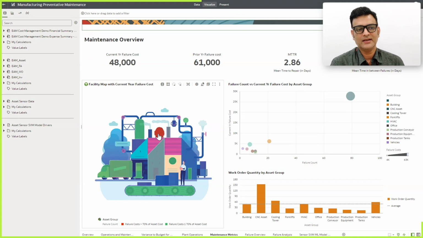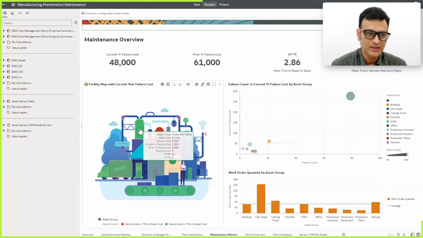So there is this option where you can use digital images as map backgrounds. For this, you have to upload the image into the Oracle Analytics Cloud platform, and then have a layer defined on top of it. This layer can be drawn freehand, or if you have a GeoJSON file where you have defined this map layer, you can upload that GeoJSON map layer file into the system and then use the GeoJSON defined map layer and the image to create this visualization.